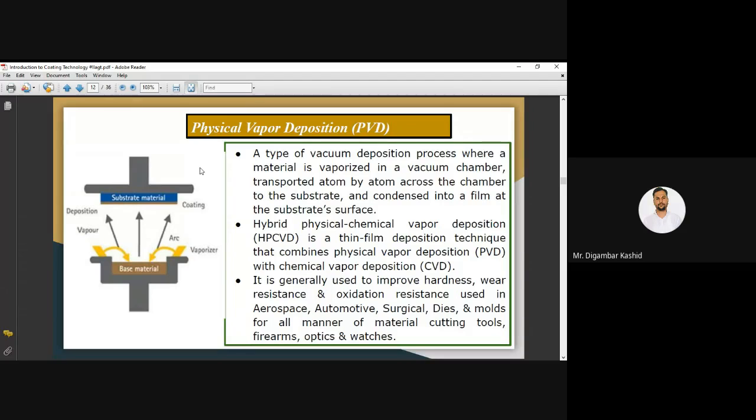You can draw this diagram also, the physical vapor deposition diagram. Otherwise, in the next lecture we are going to cover it, no need to write here. Now, here